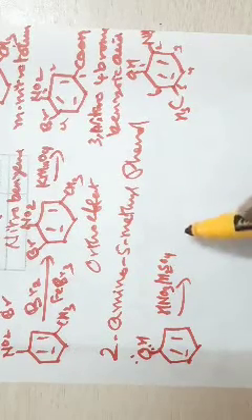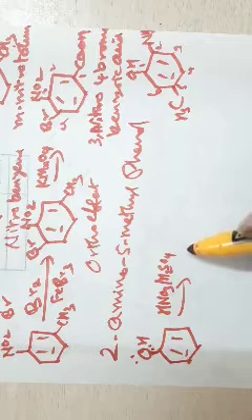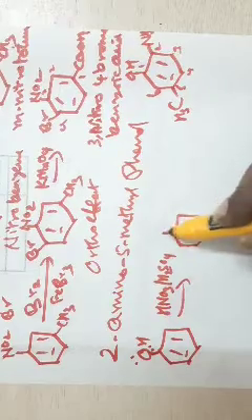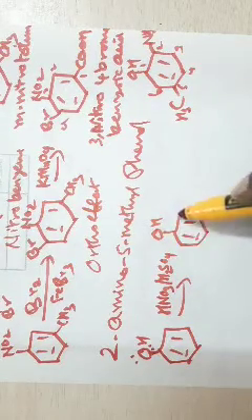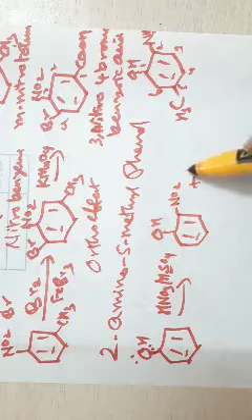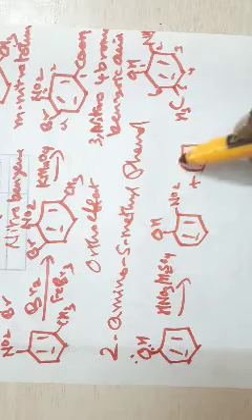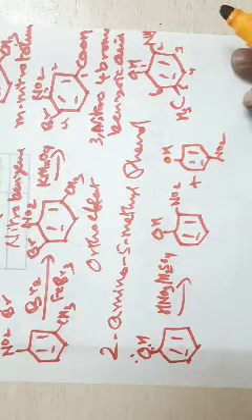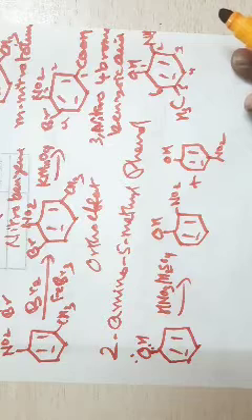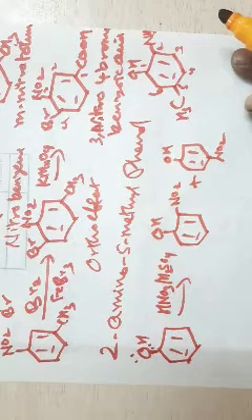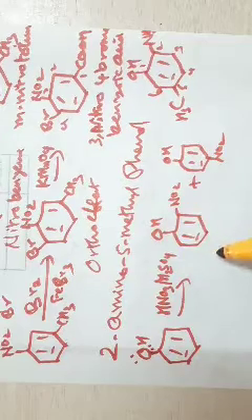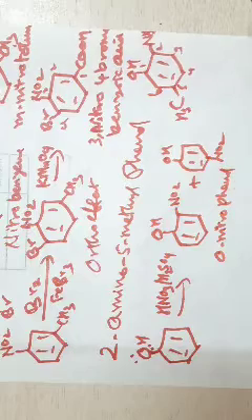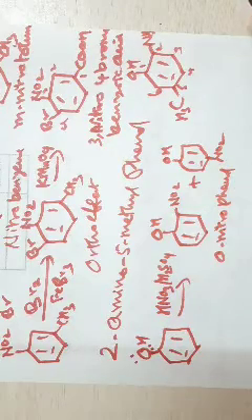So if nitration is carried out under mild conditions, then the ortho and para positions are substituted. I get ortho nitrophenol and para nitrophenol. What I do is, I separate the ortho nitrophenol, so this is your ortho product, orthonitrophenol. Nitro group is the electron withdrawing group. I separate this one.